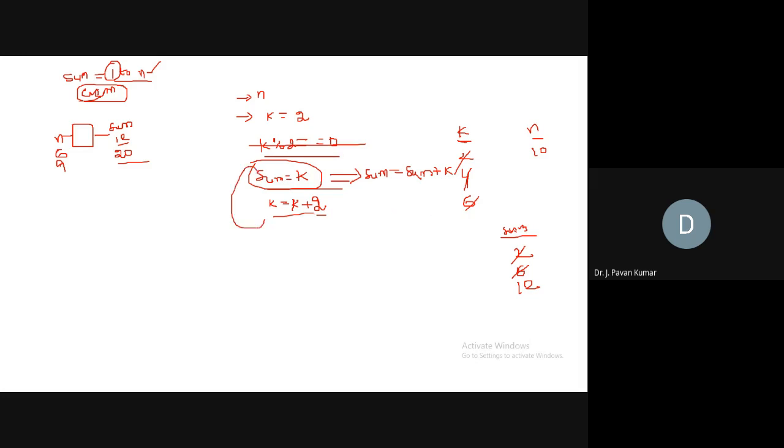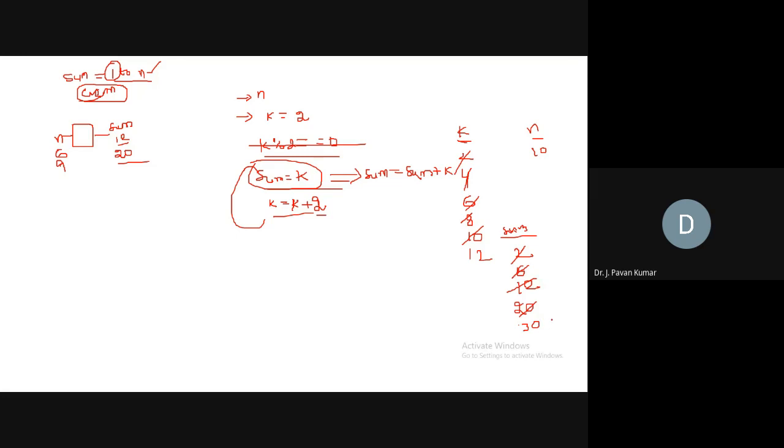Then these two steps are being repeated, right? So k value will be incremented by 2, that means it will become 8. And the sum will be updated as sum plus k, that means sum will become 20. Next again k value will be incremented, so this will become 10. Now this will be added to sum. Sum is equal to sum plus k. So earlier sum is 20 and now k value is 10, so this will become 30. After this k value will be incremented. K value will become 12. Now sum is equal to sum plus k.